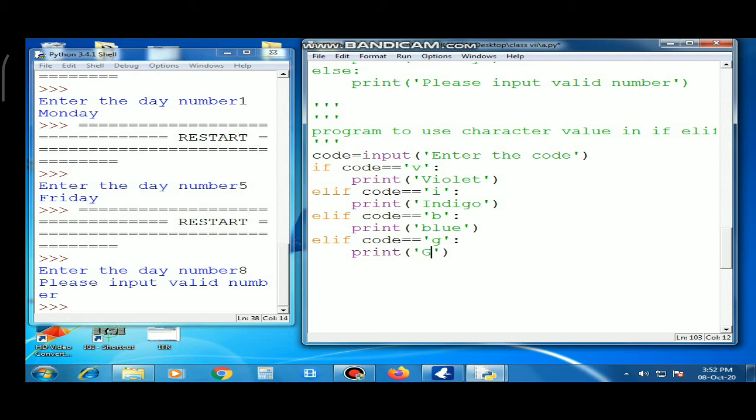So whatever the message we are writing, that only it is showing, but it will match the code character which we are entering at that place. Now why I have given for yellow,